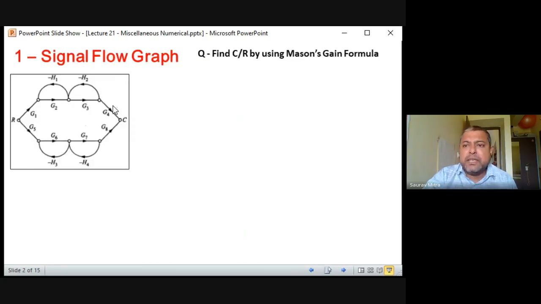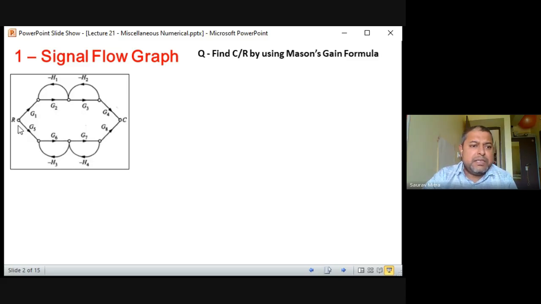So this is the first numerical, which is there. You are finding there are 2 forward paths. So first forward path, this question is same, find C by R. So I will go a little fast today. By 1 5 we have to finish it. So there are 7 numericals. We will do fast. And there are different flavors in every numerical.